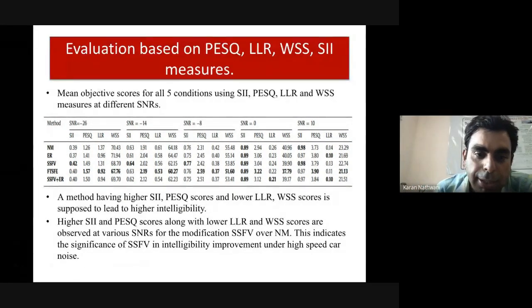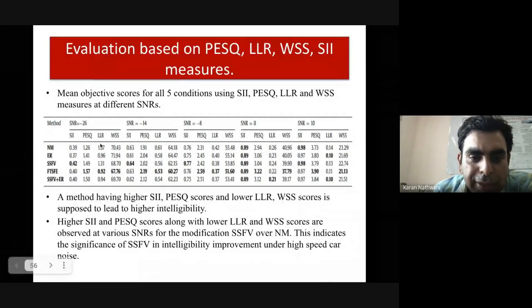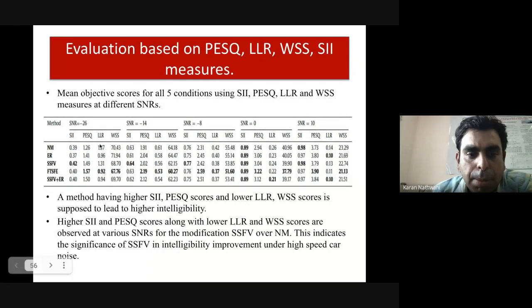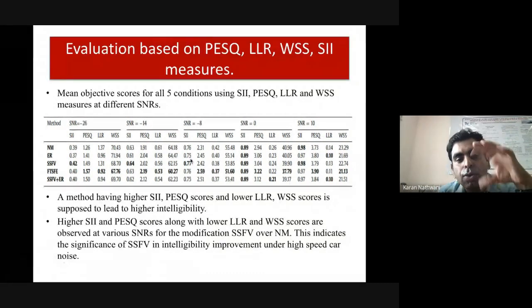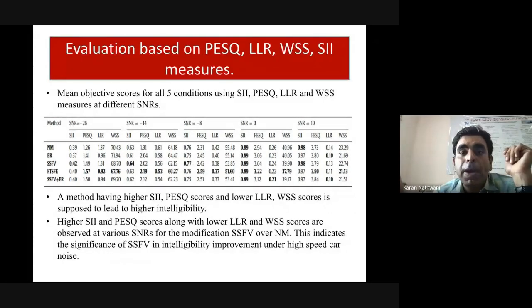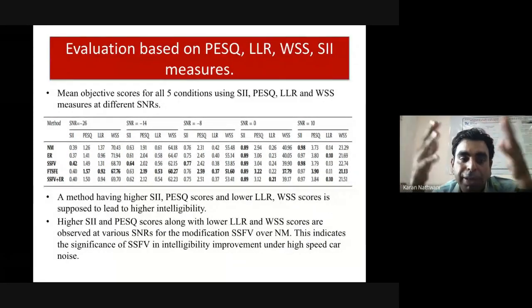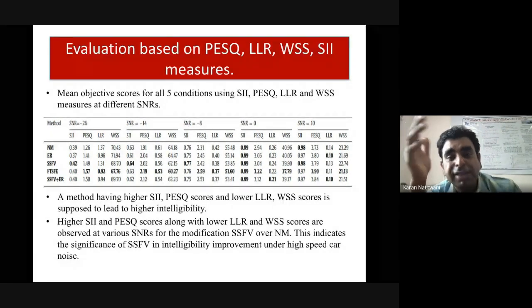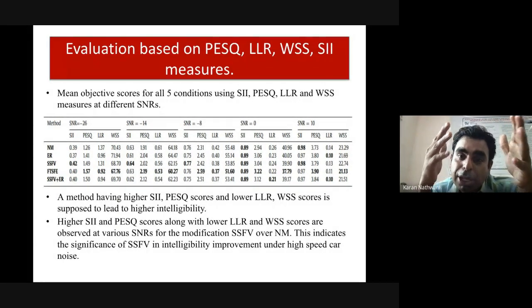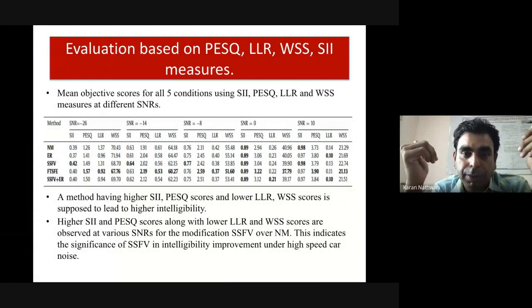So you can see that the proposed method has the lowest value compared to other methods. So this is again an advantage for our method, where I can say, okay, I modified the sound, but when I take the objective analysis, the results come very close to the original one. So this means that the naturalness is preserved. Okay.